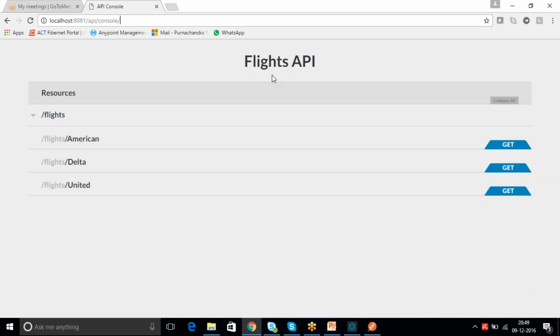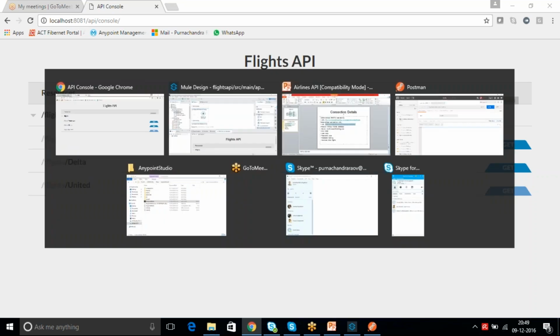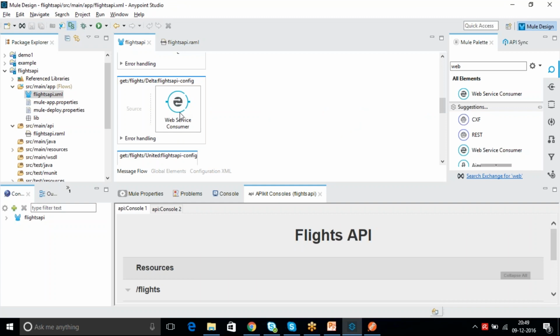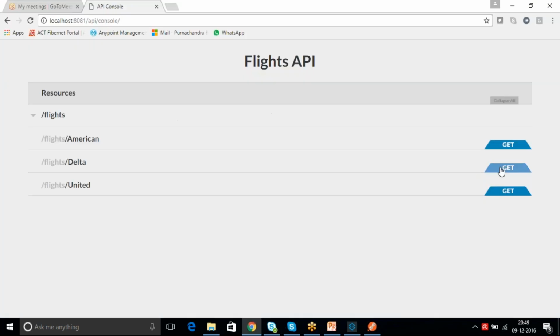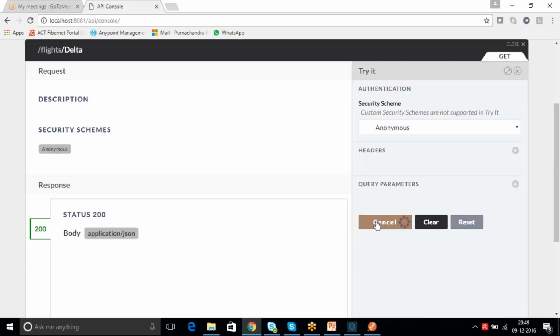If you want to go through the console, you can go to the console and then click on whichever one. So which one did we implement? We implemented United or Delta. So go to Delta, click on the get method.